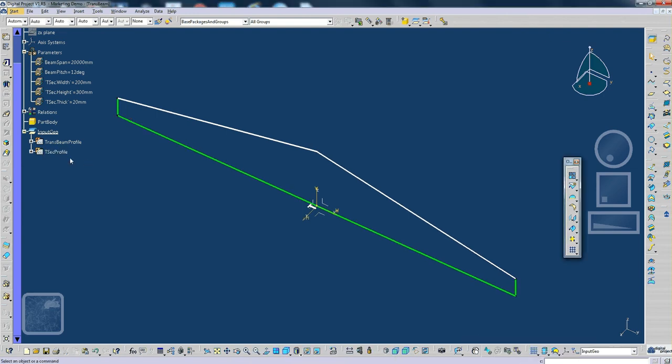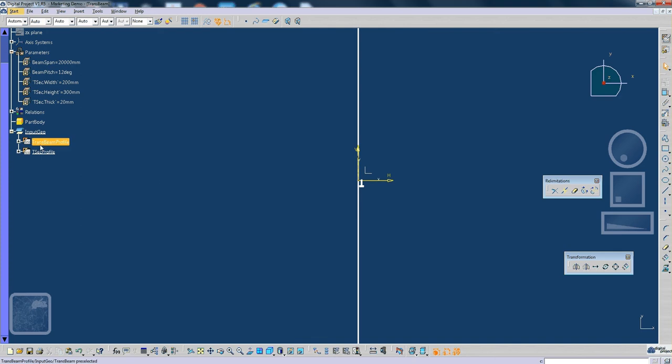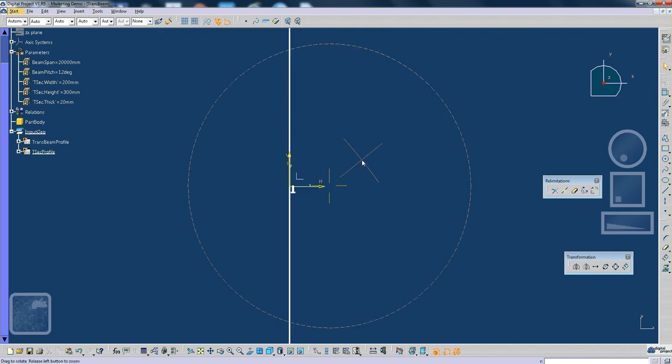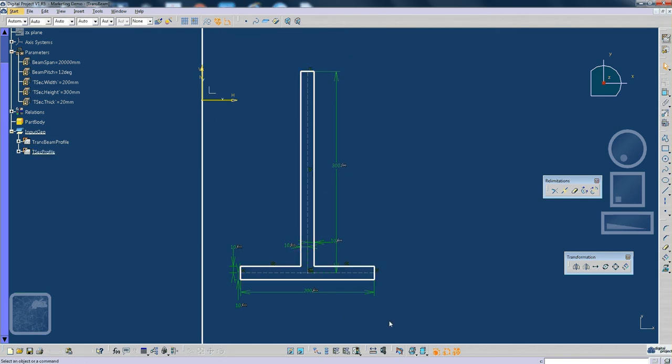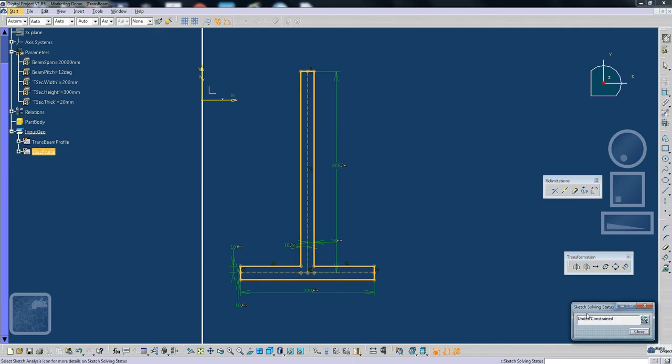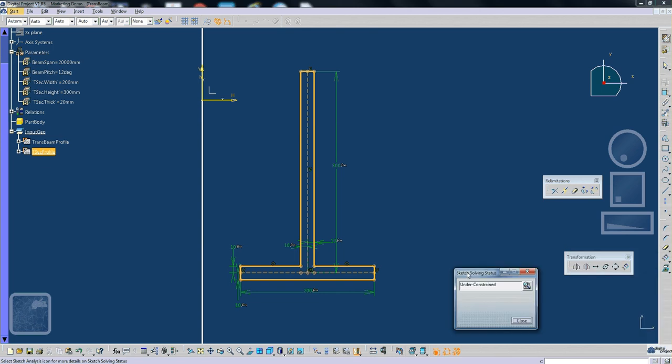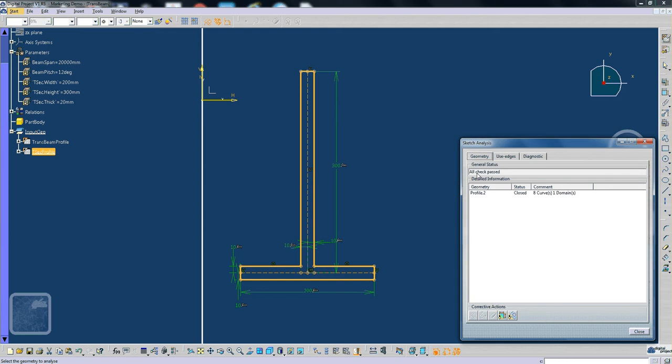I'll show you another quick way to check your profile sketch. So I double click in this file, and notice in here you have a command like a traffic light, the sketch solving status, and there's another one, sketch analysis. So if you click that, it says under constraint. If you click sketch analysis, you'll begin to see there's only one profile geometry, which is closed by 8 curves,